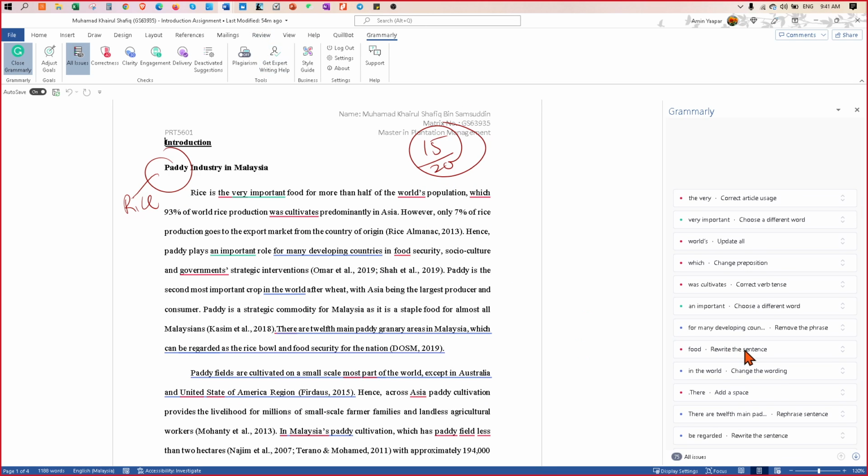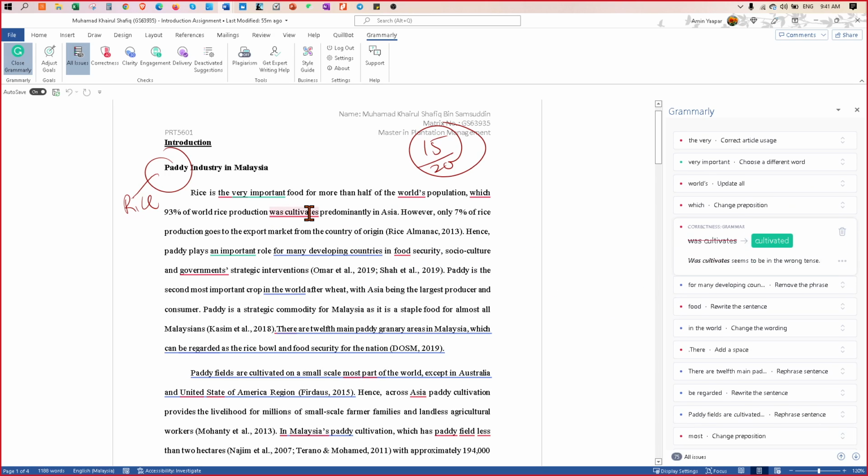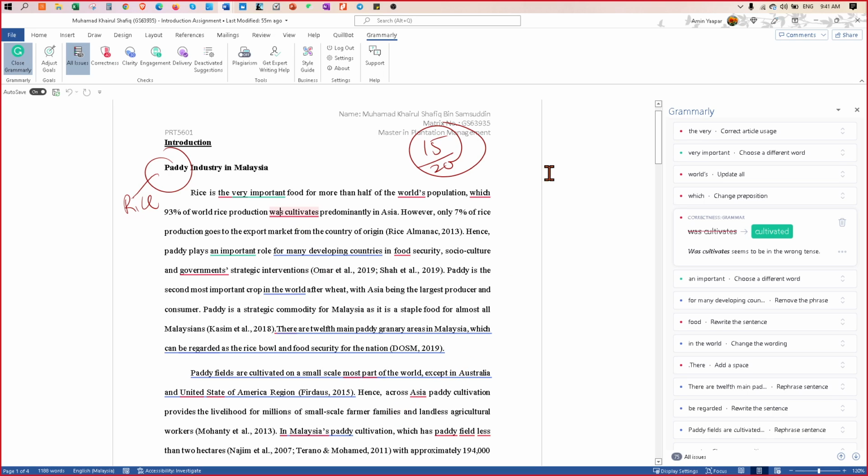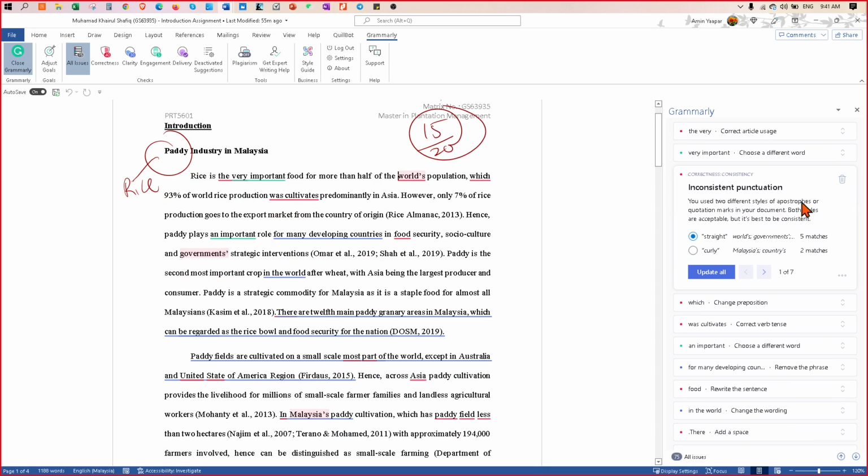Like the example here, I can see that there are many issues, with the spellings, with the grammar. So don't give unchecked assignments or writing up to your supervisor. Please check it, go through each one here. At least you can learn from Grammarly, like the punctuation, while you are correcting all the errors from paragraph to paragraph.